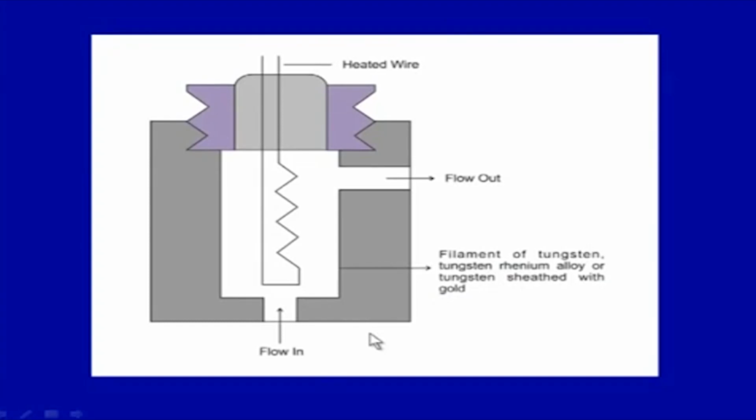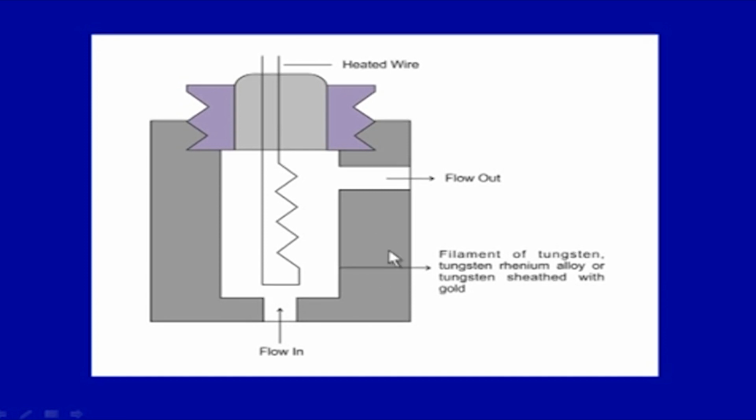One limitation could be that it has low sensitivity. Now, this is a very simple schematic of this thermal conductivity detector. As you can see, there is a filament here. This filament is heated. Now, when it is heated and there is a gas flow here, which is only carrier